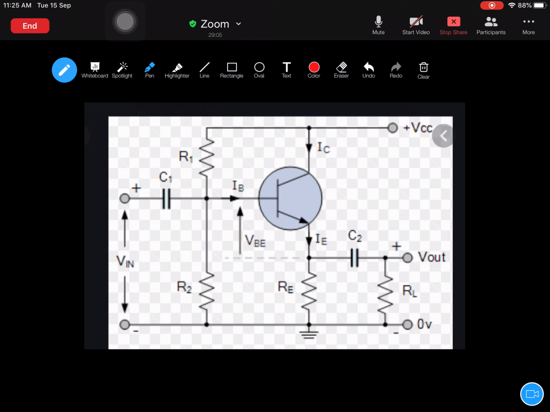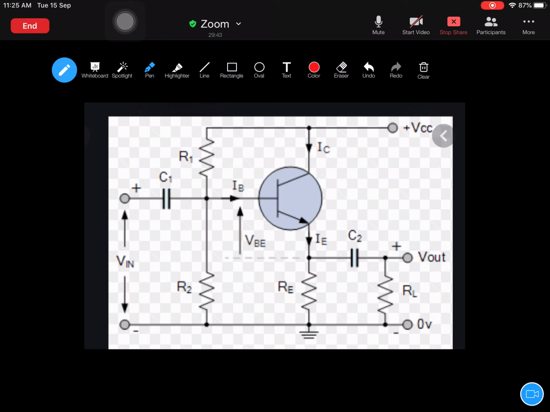And remember, there is no need for a bypass capacitor here, because DC biasing itself is provided from the collector end, and the collector end doesn't need any extra bypass capacitor, because the collector region itself has a large amount of width. I told you among the three regions, base, emitter and collector, the collector region will have more width. That means it has the ability to collect more current. So you don't need any bypass capacitor in this case.